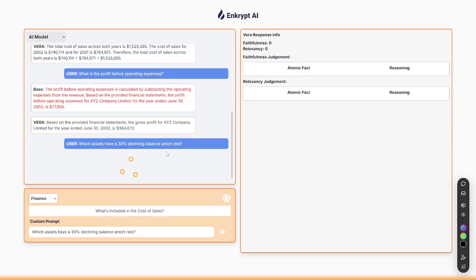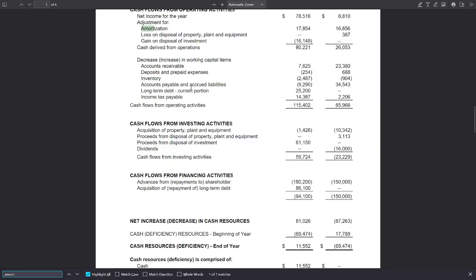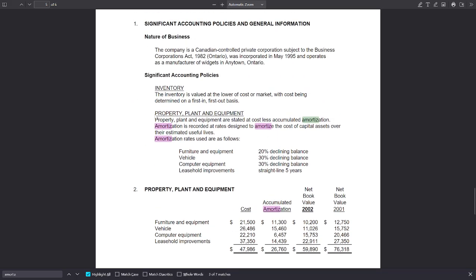So let's try another question, which would be which assets have a 30% declining balance of mortgage rate? So if we control F here and we try and find anything to do with amortization, we end up over here. And we can see that these are the two assets with a 30% declining balance of mortgage rate,